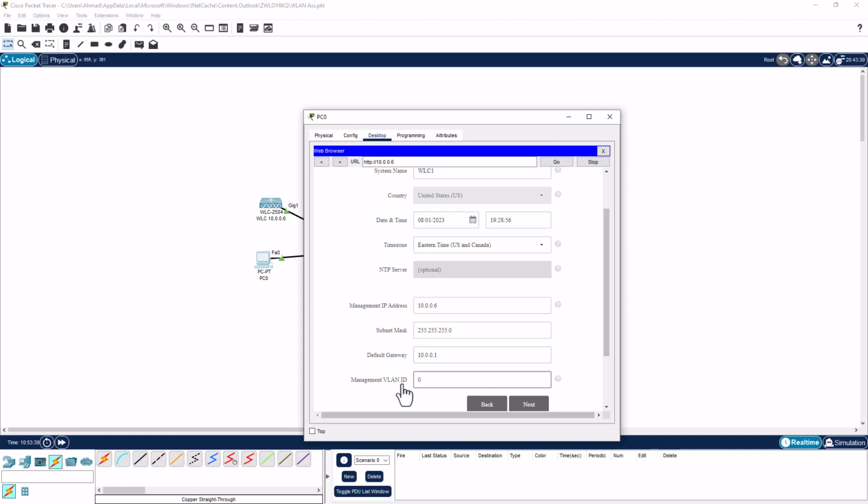Now management VLAN ID, I will leave it 0, which means untagged. All my ports are in VLAN 1 in the switch, so untagged traffic will be in VLAN 1. Now typically you will have management VLAN tagged and you will have user traffic tagged in different VLAN, but for me I want to focus on configuring the SSIDs. I will leave everything in VLAN 1, which is not typical and not recommended in real life scenarios. Now next,